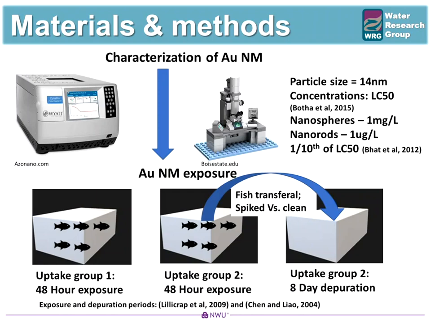The bioassay experimental design for the exposure was as follows. The experiment consisted of 1 control group and 2 treatment groups that underwent exposure to nanogold rods and spheres respectively. The following tank setup was used. 3 tanks consisting of 2 exposure tanks labeled exposure tank 1 and 2, and the third tank labeled as the depuration tank, which contained clean isomedia. 5 fish, approximately 20 centimeters in length, were collected and placed in exposure tanks 1 and 2. The fish underwent a 48-hour exposure.